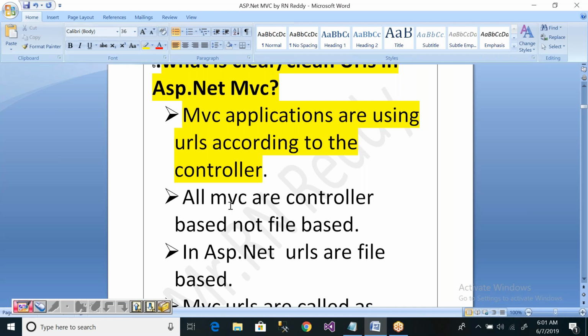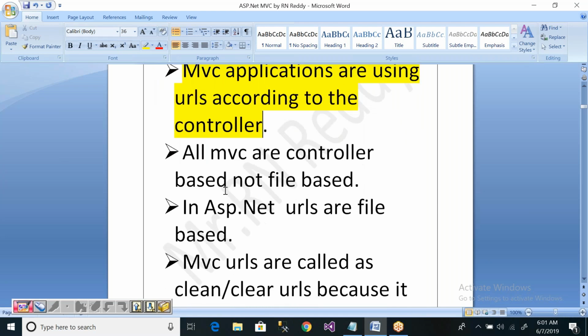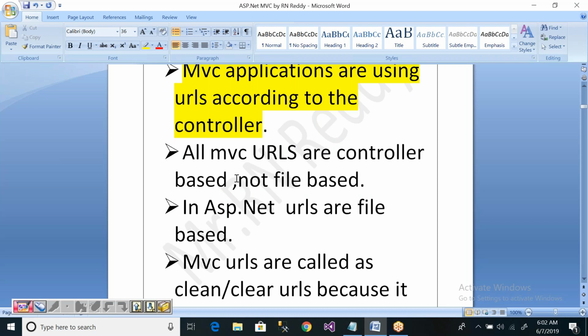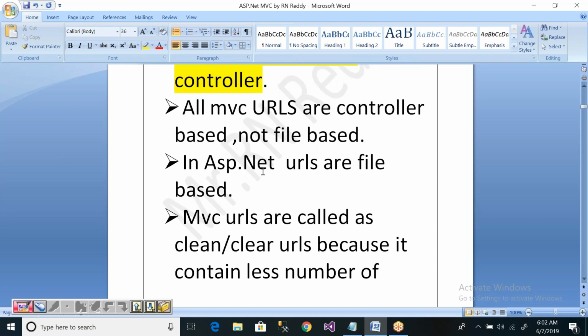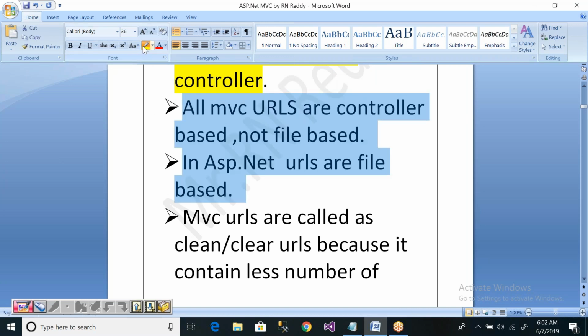All MVC URLs are controller based, not file based. But ASP.NET URLs are file based. What do you mean by controller based? What do you mean by file based? Now I am going to explain.